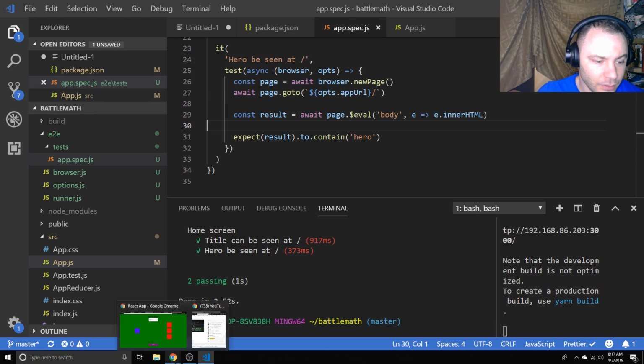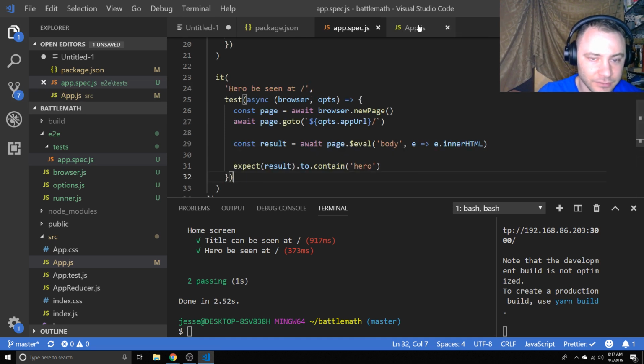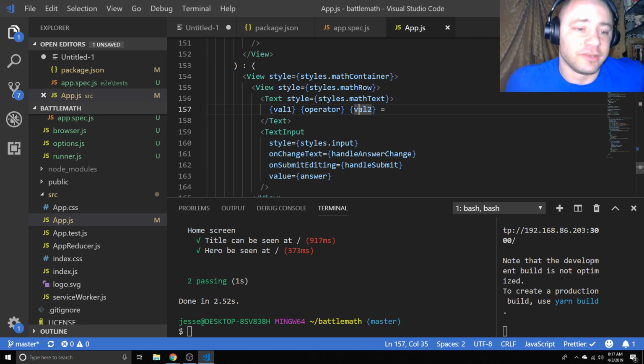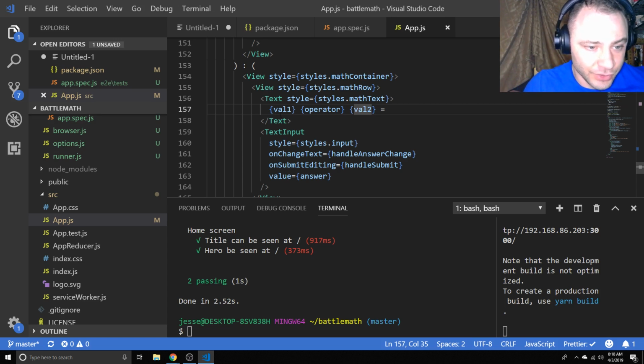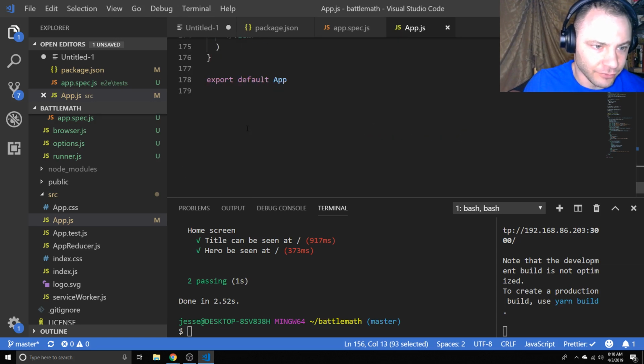So let's see. We need to do a little bit of setup in our app.js. So in order to get things from the page, let's see where we're at. Okay, so right now inside this text, we have our value, our operator, and our value 2. But that's going to be hard for us to get access to in our test. What we really should have is IDs for each one of these, right? So let's do that. Let's switch this up, and let's separate these out so that we have 3 text,